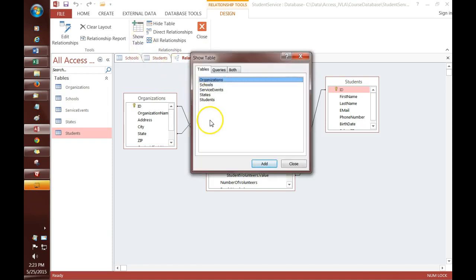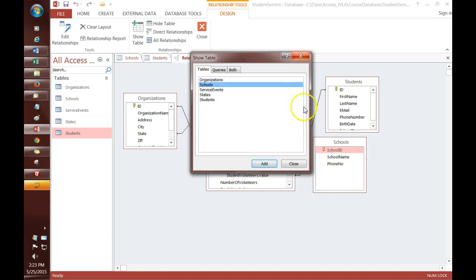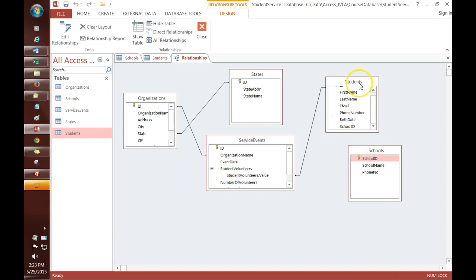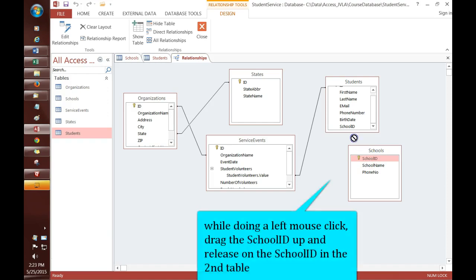So if I go here, show table, schools, add, close that out. And what is school ID linked to? It links to the school ID in students. So I'm going to link those, and the way I can do that is if I highlight school ID, carry it up here right on top of the field,